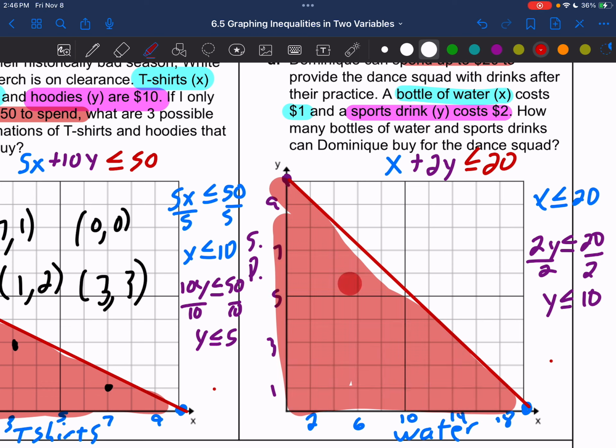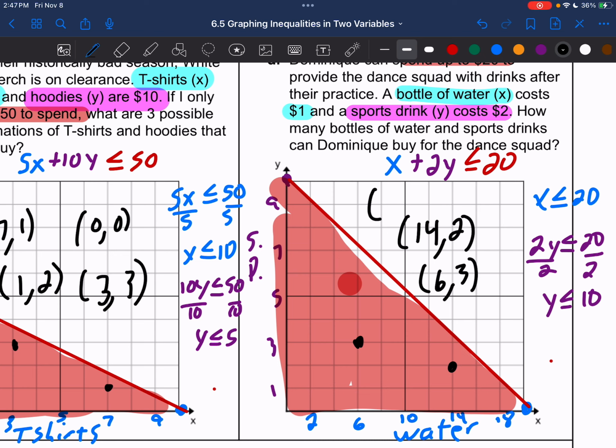All right, and what are some possible combinations? Let's say we could buy 14 waters and 2 sports drinks. We could buy 6 waters and 3 sports drinks. We could buy 2 waters and 8 sports drinks. Okay. All right, so